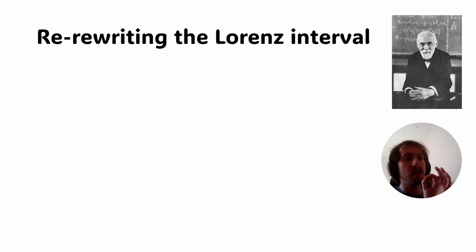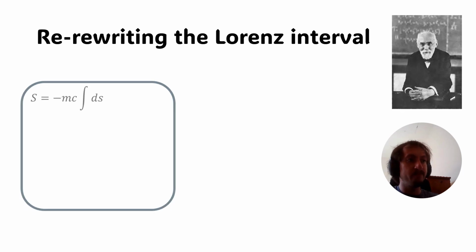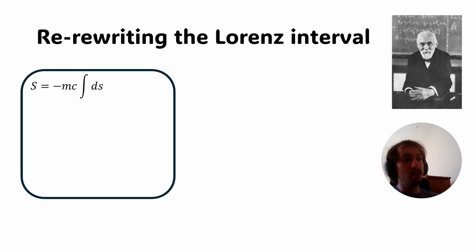So we've seen what the action for a relativistic free particle should be. We're now going to look at the Lagrangian, and from the Lagrangian get the relativistic momentum, and in the next bit of this video we're going to get the relativistic energy. So the action is this thing,